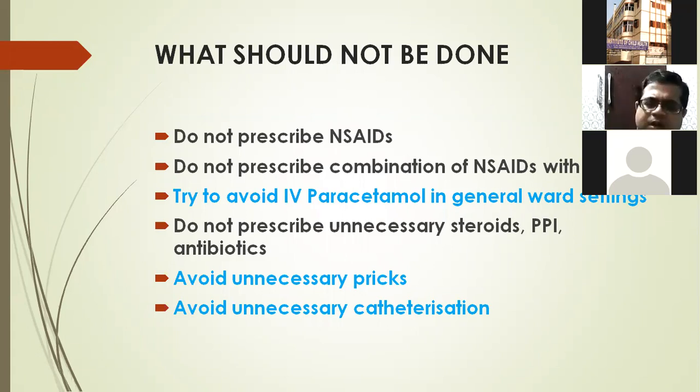It's very important to note down all the intake by the oral route as well as the output. The nurses are very strict in writing down the IV fluids, but they are not very strict in writing down the oral fluids. So you must not ignore the oral fluid. Sometimes over-anxious, over-enthusiastic parents give 3 to 4 liters of oral fluid to a kid, and there may be fluid overload.